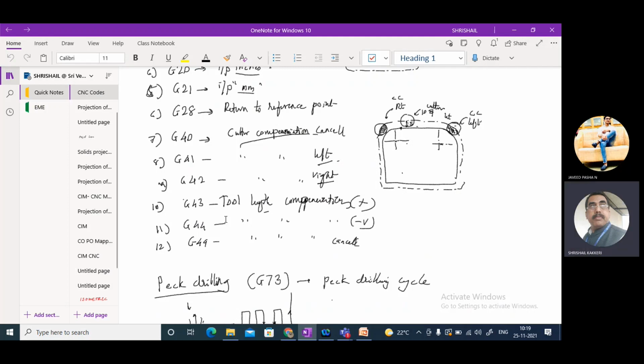That will be provided once you have taken tool length compensation. You understood? So in the exam also it will be very, very important for you. What is the tool length compensation? The tool length compensation will be compensating the tool length. Due to the number of cycles it is working, the drill bit will wear out. So that will be taken care of. While I am doing the another one,